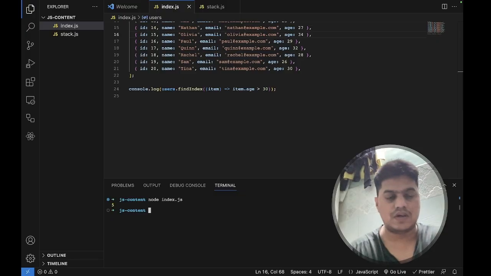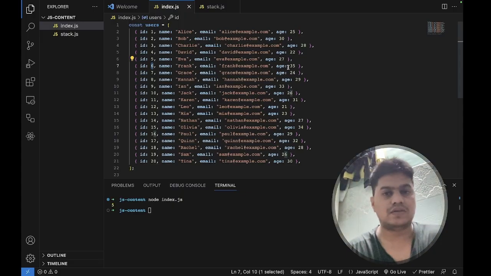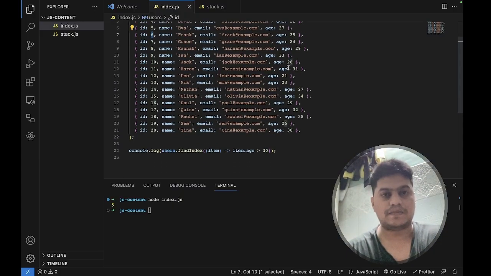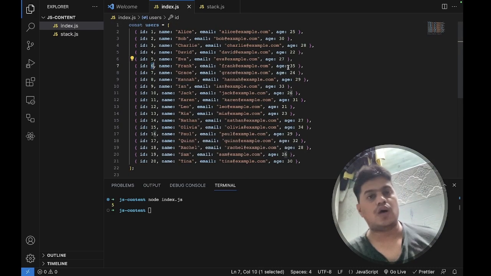Okay, yes. So now we are getting index 5, and what is the index 5? 0 1 2 3 4 5. Yes, so the fifth index is 5,